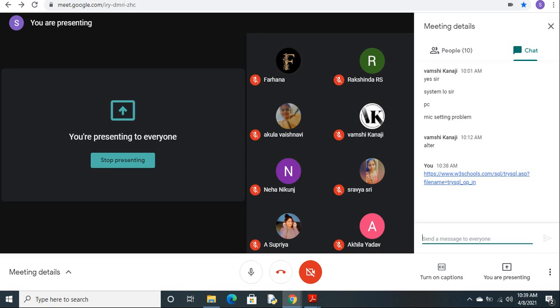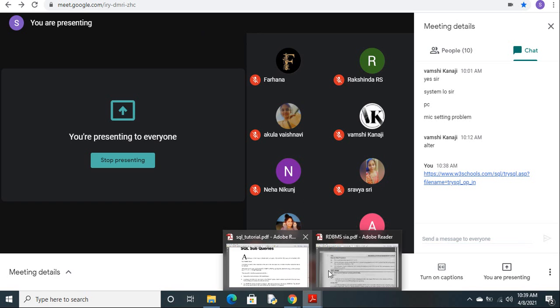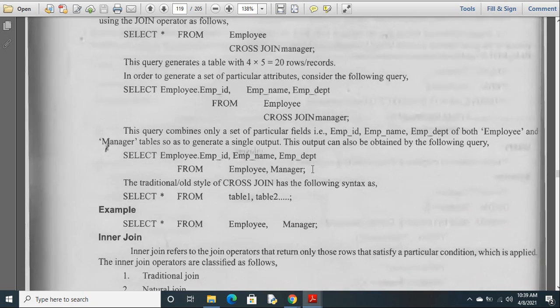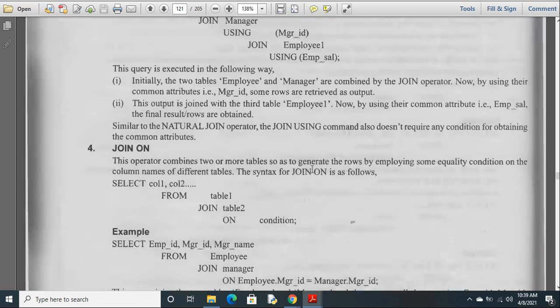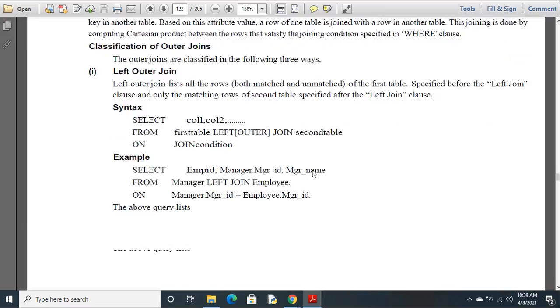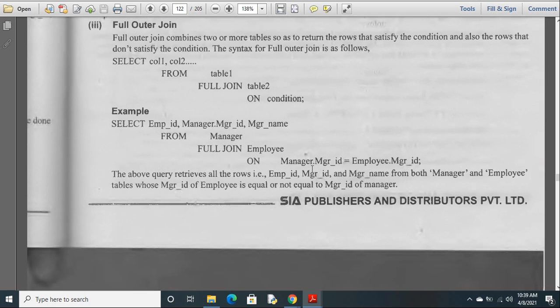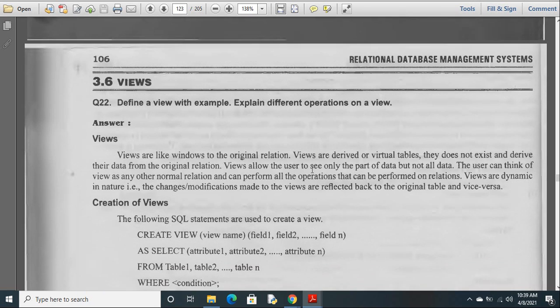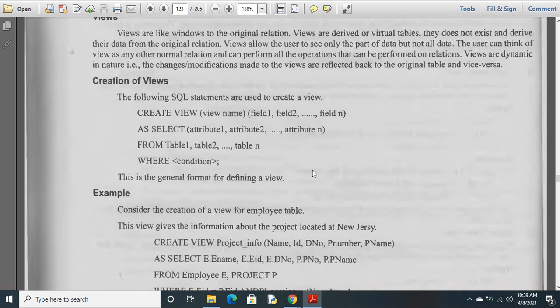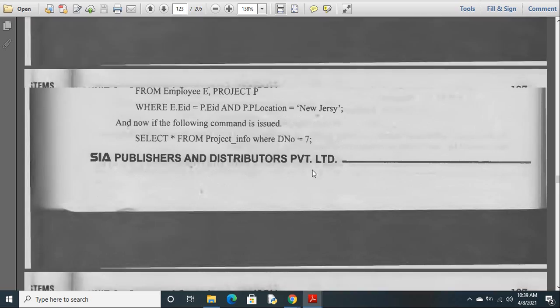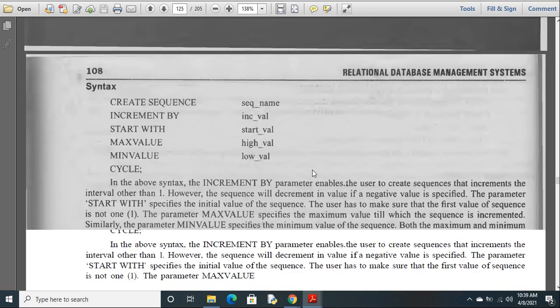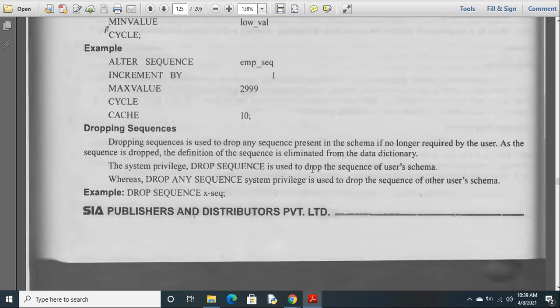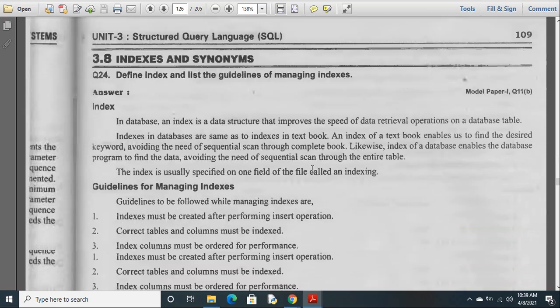Clear? So we are already done with joins. We are left with views, sequences, index.